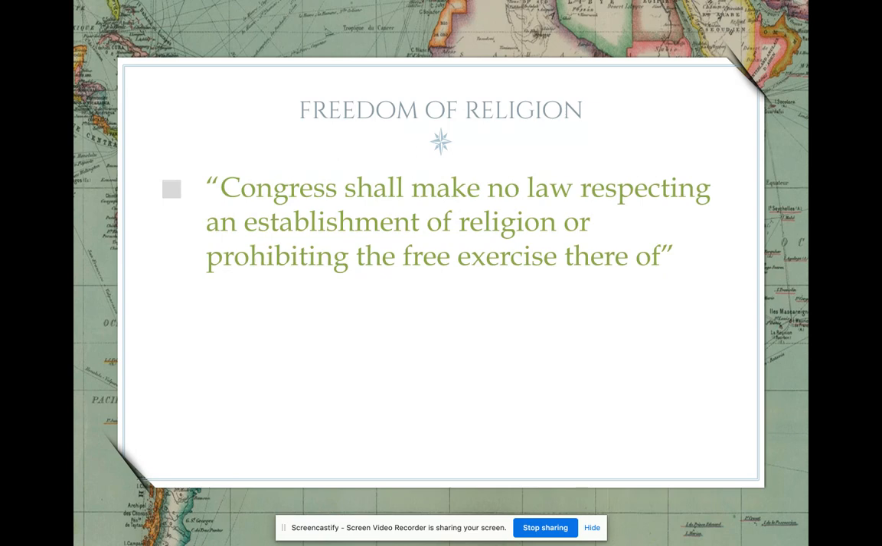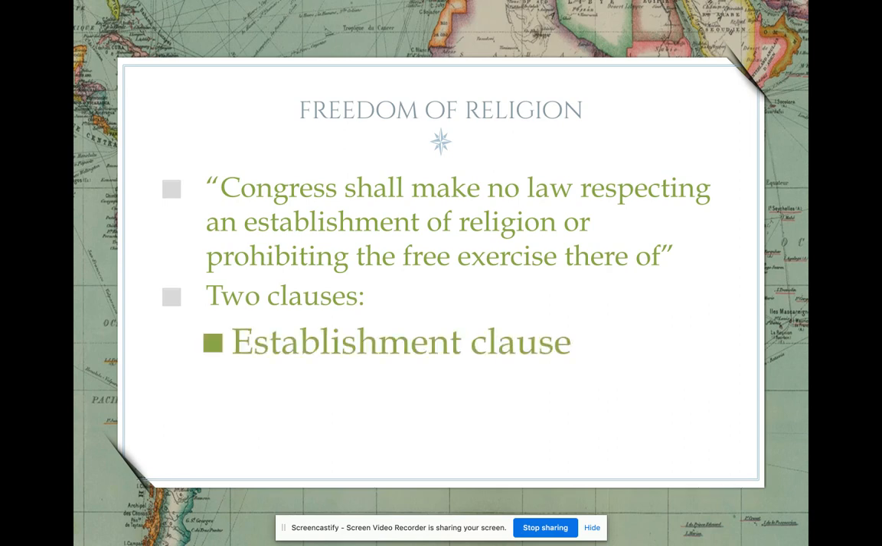This says that Congress shall make no law respecting an establishment of religion or prohibiting the free exercise thereof. I know, just rolls right off the tongue. So here's what it actually means. There are 2 parts to this, 2 clauses. There's the Establishment Clause and the Free Exercise Clause. All right, we're going to talk about each one. So,